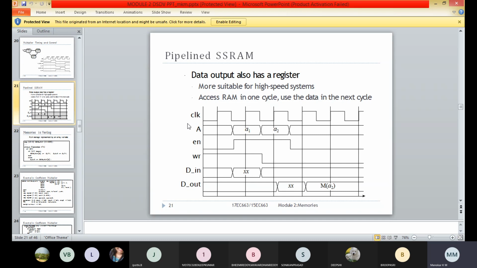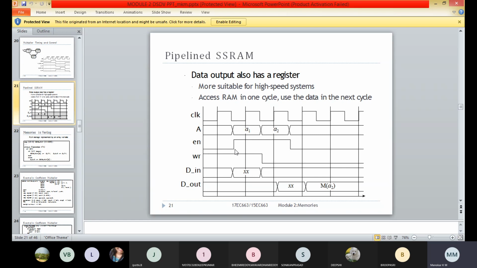Here we can see the timing diagram of the pipeline SSRAM. In the first clock cycle, just like a flow through SSRAM, this is the address A1, and enable becomes high.